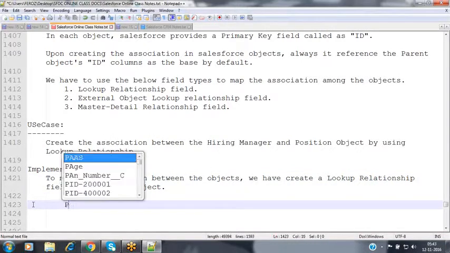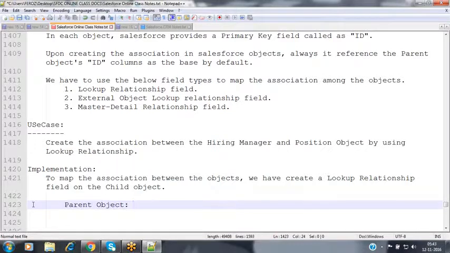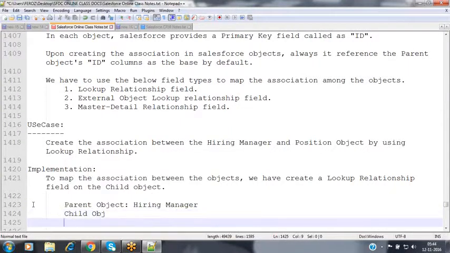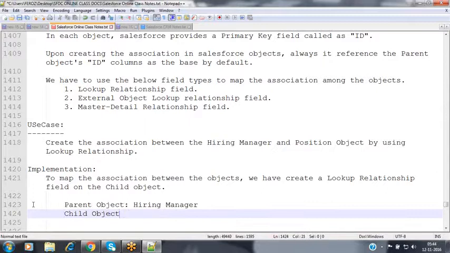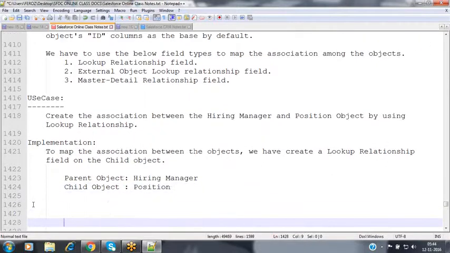So then what is the parent object now here? The parent object is the hiring manager and the child object is position. So why have I considered this hiring manager as the parent and the position as the child?